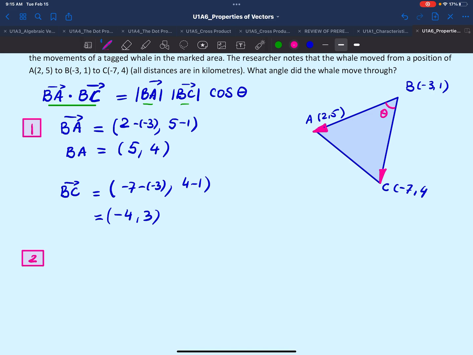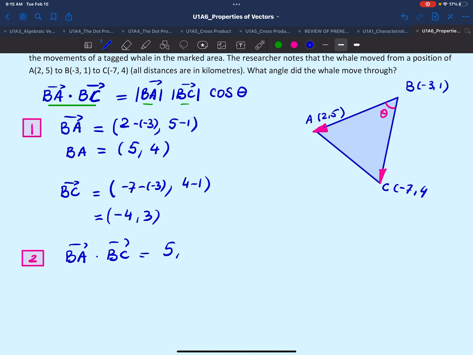That would be step number 2. Now the order of the steps at this point won't matter. But it's important we start off with finding vectors BA and BC, obviously. Now we can start with either the left or the right side. So BA dot BC